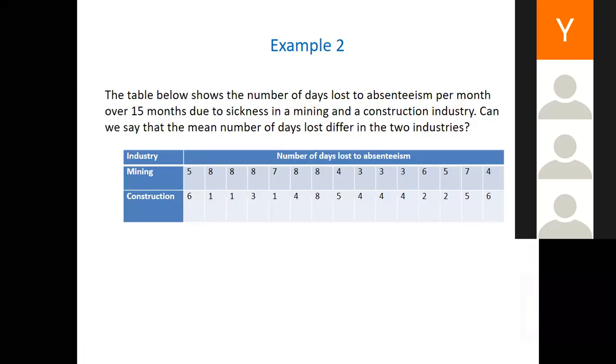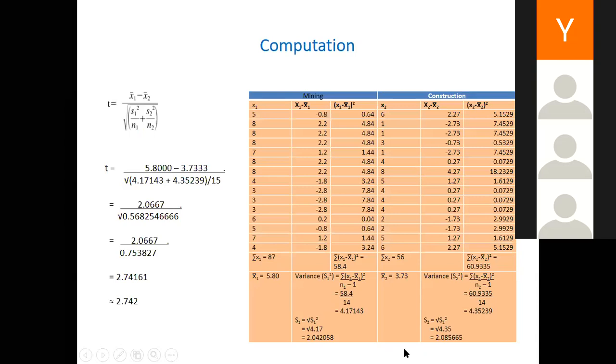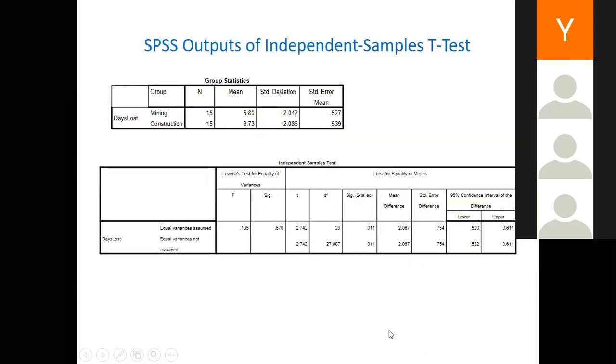Look at it now. The mining group, the construction group. So, listen now. Since they are separate groups, if you look at the way we enter the mining from number 1 to, because there are 15 of each of them. We enter the mining from 1 to 15, construction from 16 to 30 in series. But if you don't do it like that, it's not enough. It will be confusing unless you show a variable that separates them.